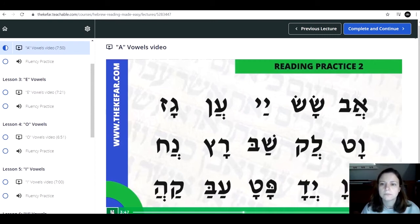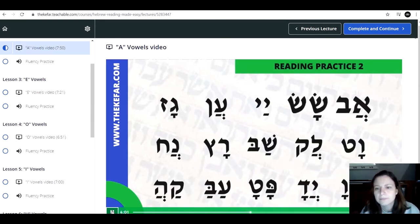Just like with the first exercise, I'm going to pause for a few seconds at each word so that you can read it aloud first. Starting now from the top right. Av, sas, yai, an, gaz,